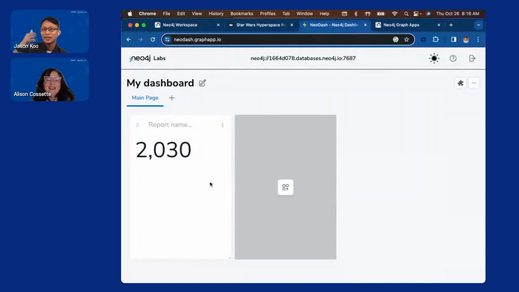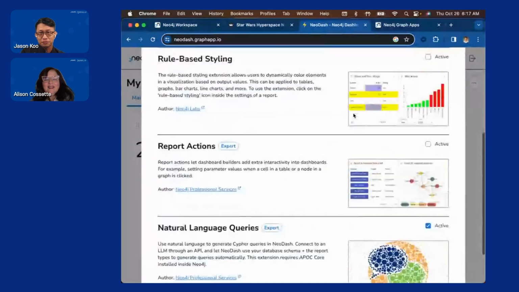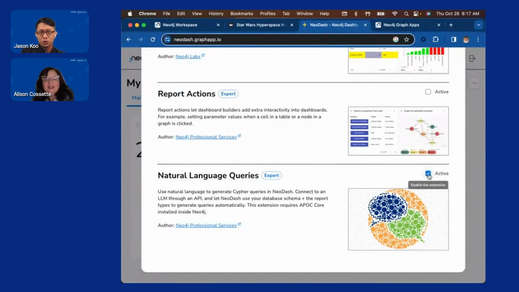All right, so I've got 2,000 planets in my system, right? Okay, so if you know Cypher, this is great. You can add all these widgets and get a sense of what data you have, and you can practice or test out your Cypher statements here before moving them into an application's driver. Now, this feature was added earlier this year. I really love this one, this natural language query function. So what this does is it basically runs your